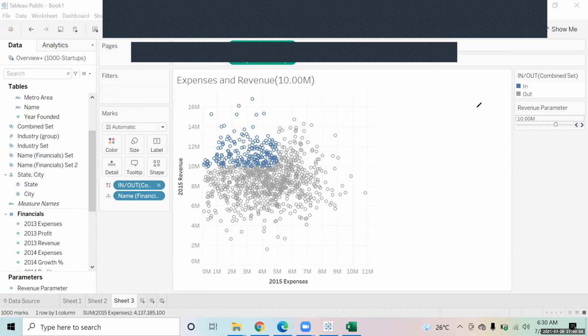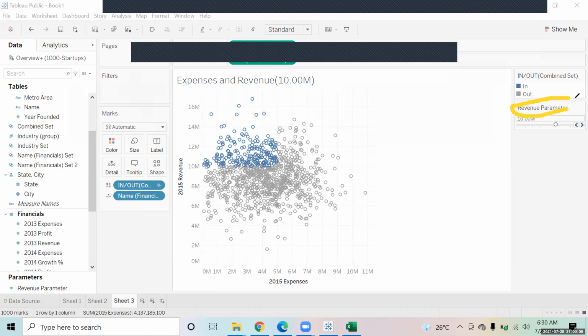the revenue set. So I am changing the revenue parameter, and I will assign it to the revenue set in that case. Because the combined set is just a dependent set, something which is dependent on this and this. So the assignment will be done on that. If it was a revenue parameter, I will assign it to the revenue set. If I create an expense parameter, I will assign it to the expense set.